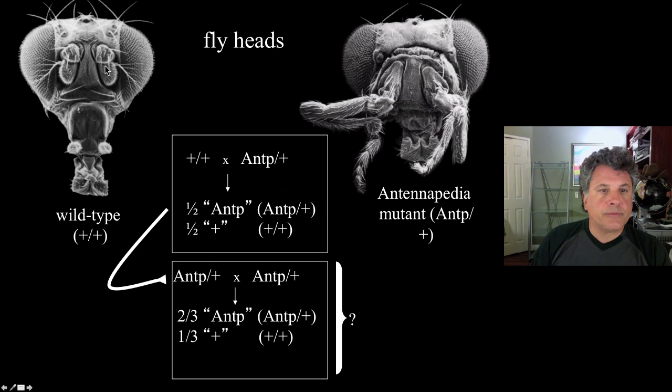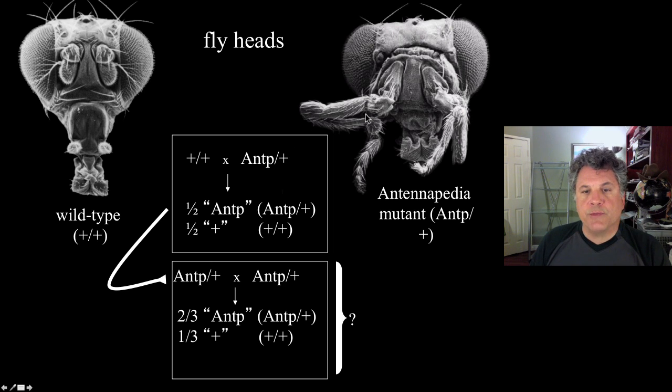Well, a geneticist in Vancouver, Washington, actually discovered a mutation in one of their fruit fly bottles, and instead of normal antennae growing from the antennal sockets, there were legs instead of antennae. And this mutant was named Antennapedia, because that stands for antenna foot. So here we have entire legs growing out of what should be antennal sockets.